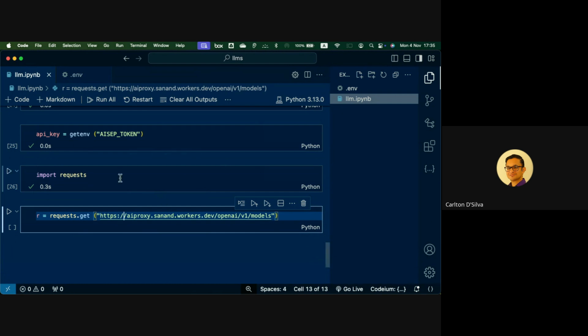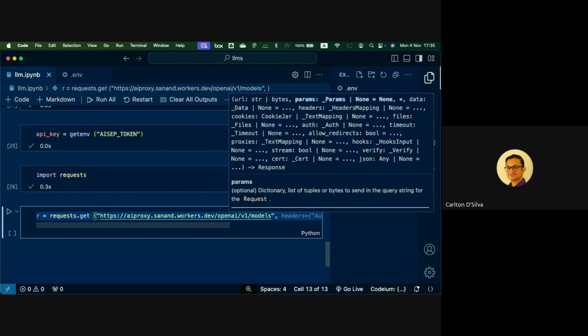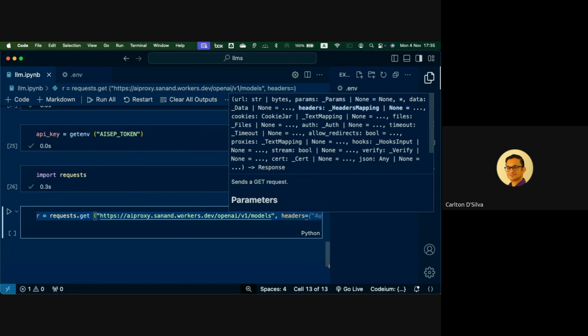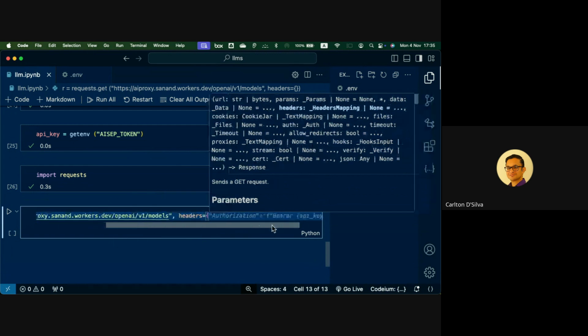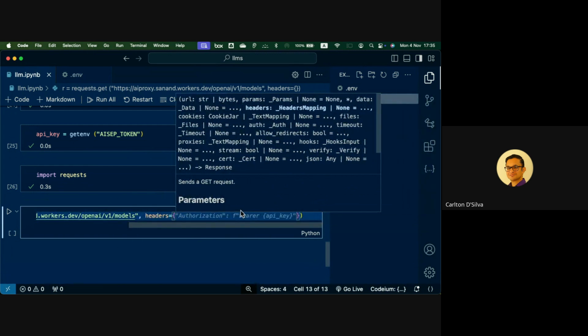Also as part of the requests, we need not just the URL, but we also need the headers. If we look at the documentation, we will have to give our API key.